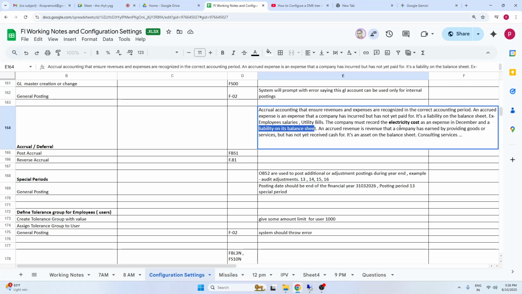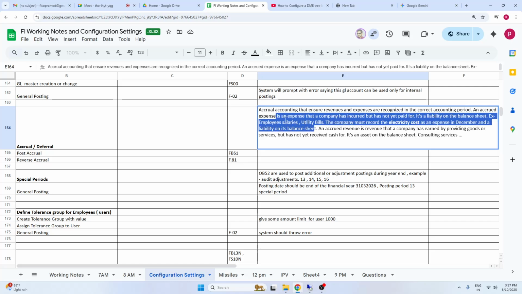So we need to book an expense in the December period. At the same time, we have a liability because we don't have the bill. How much electricity bill you have to pay, we don't know. So we are liable to the electricity department, and in the books of accounts I need to show that. Is that clear? The example is clear.